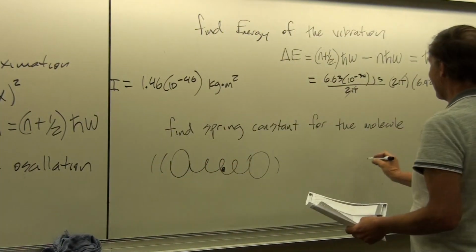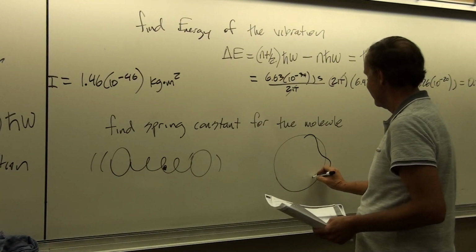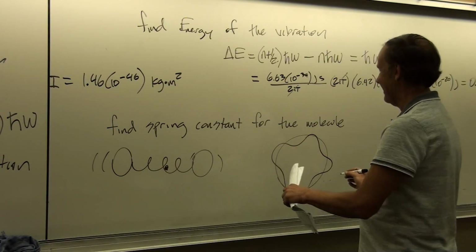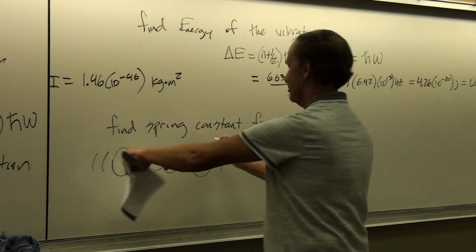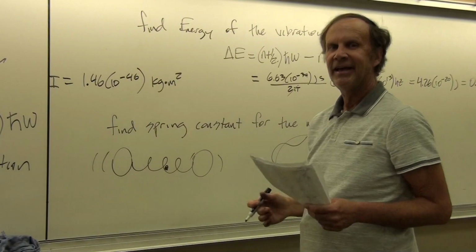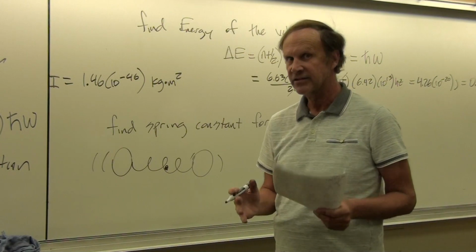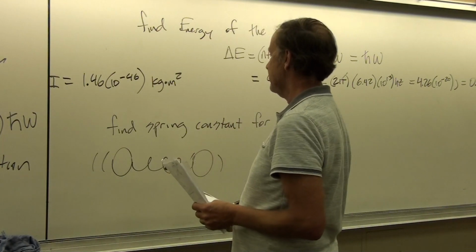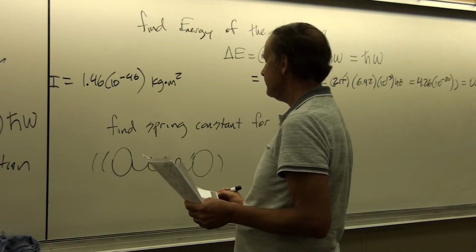Okay, so while this is happening, it's also rotating. So as it rotates, the vibrational states go in and out like that. And so you've got the rotational states happening too. The part that's going in and out like that is the vibrational state, but while that's happening, the whole thing is rotating too. So it's a mess unless you separate it out into the vibrational part and treat that separately from the rotational part. Okay, and so you can do the same kind of analysis that we did before with the rotational state.